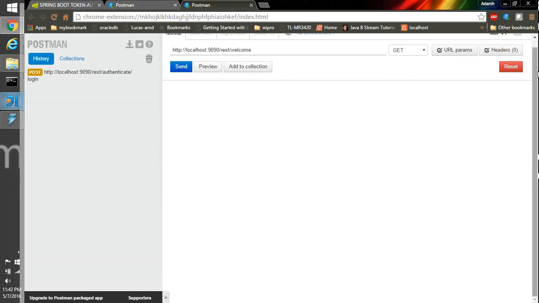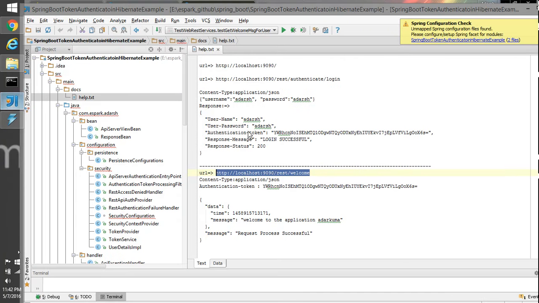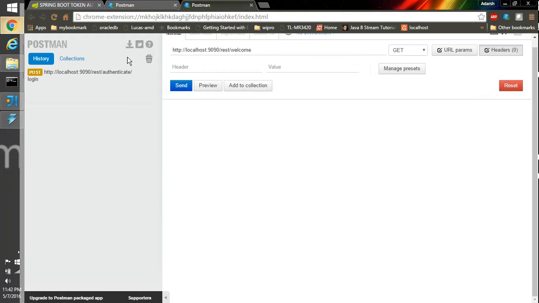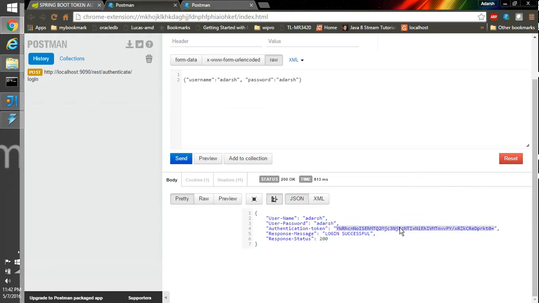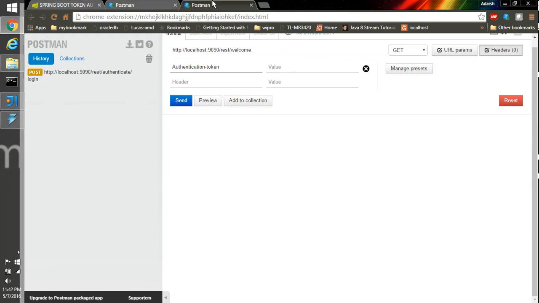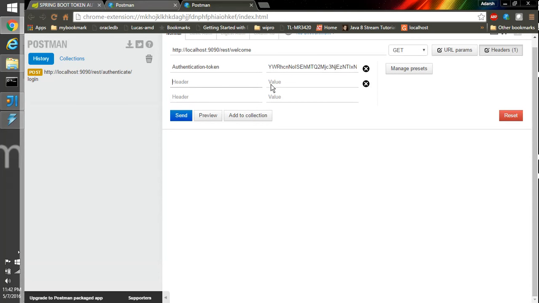For the get request we need to set the authentication token. And that token we can copy from this, and then we have to set the content type. I guess this is sufficient.